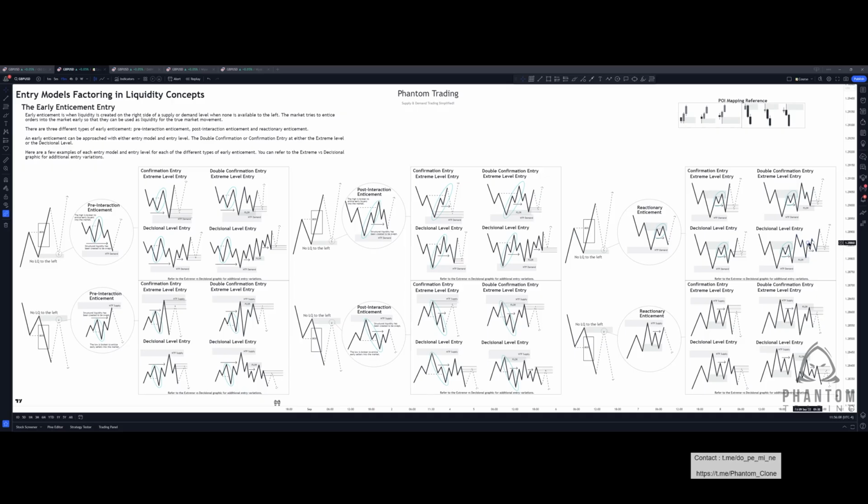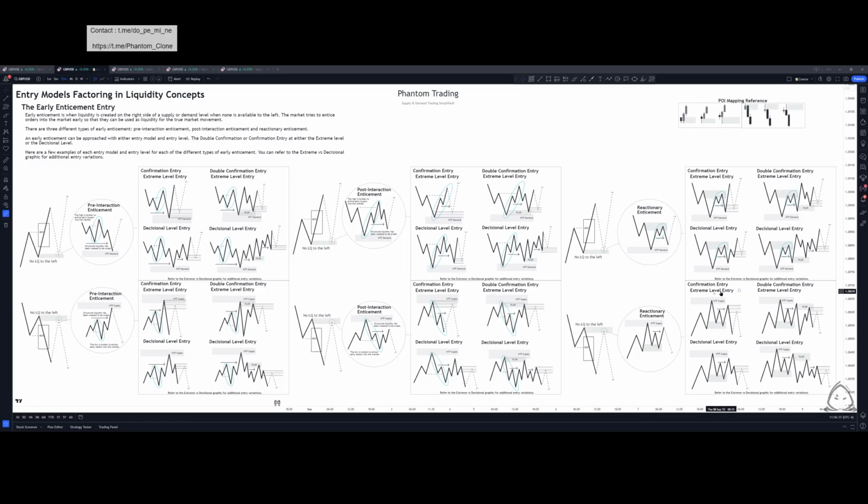We get the reaction. Price reacts off of that last point of supply. We get the initial reaction, the extreme of the reaction leg, and the failure of supply, which forms our newly created supply zone after price sweeps below this structural liquidity low. Once we see this last point of supply fail, it creates a demand level that we can look to trade long from. And the final example, on the flip side, looking at the supply zone for reactionary enticement, we have